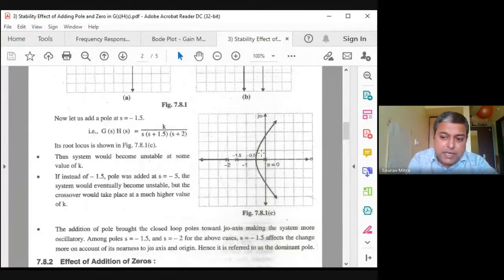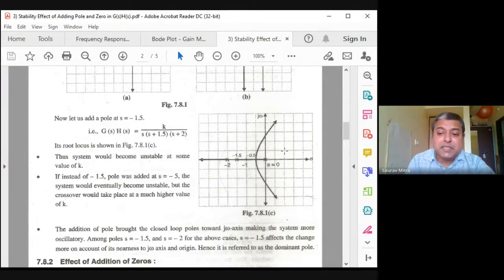So with this third case, I have added another pole. There you will be finding that at -2 and maybe -4, there is another root locus like this, so they also will be going to negative infinity. Adding another pole generates another set of root locus. In the third case, if k marginal is 50, in the fourth case, when I add another pole, that k marginal will reduce. From 50, maybe it will come to 30.